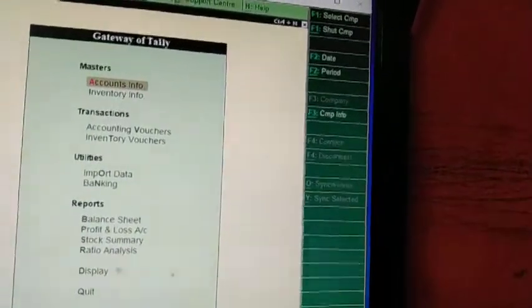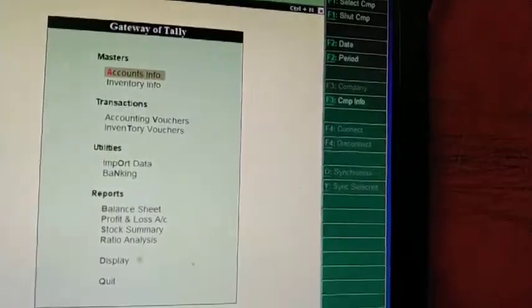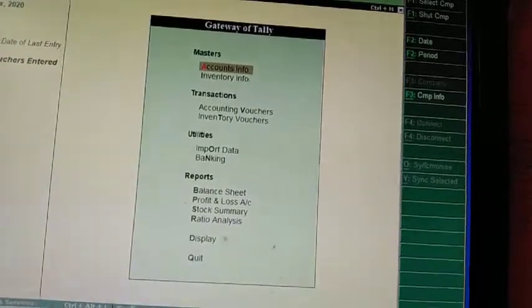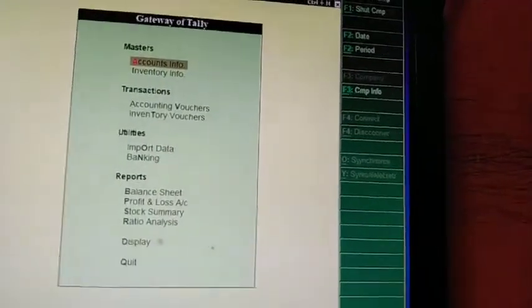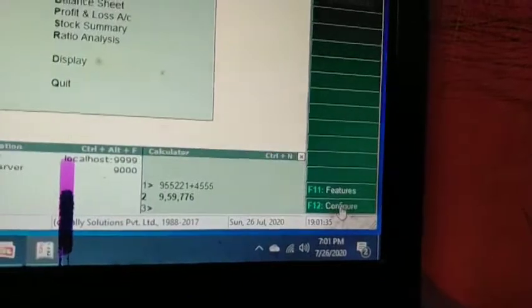Then there are buttons for Company Features, whose function key is F11, and Configuration, F12. You have to use these configurations and features as and when changes are required.